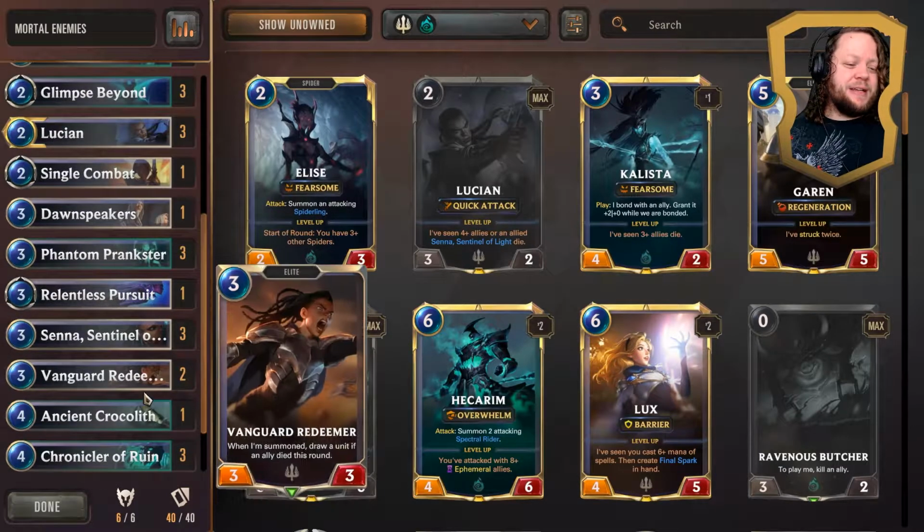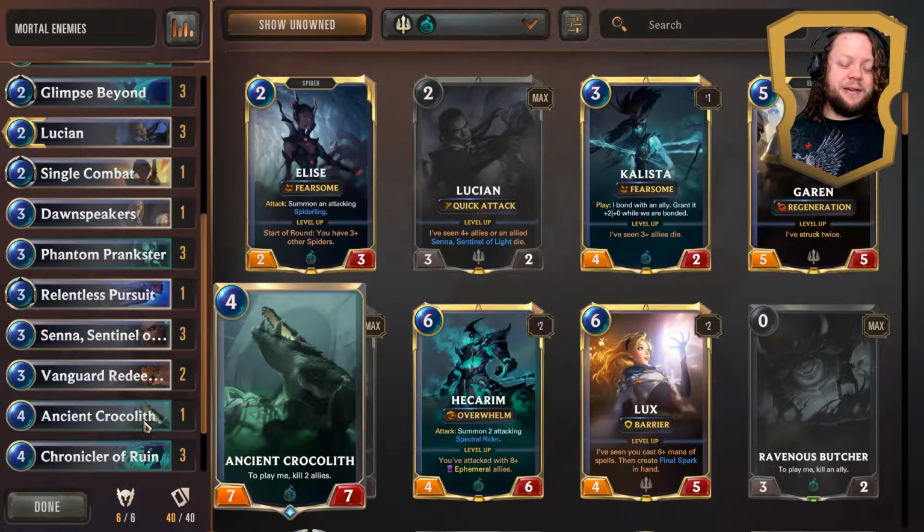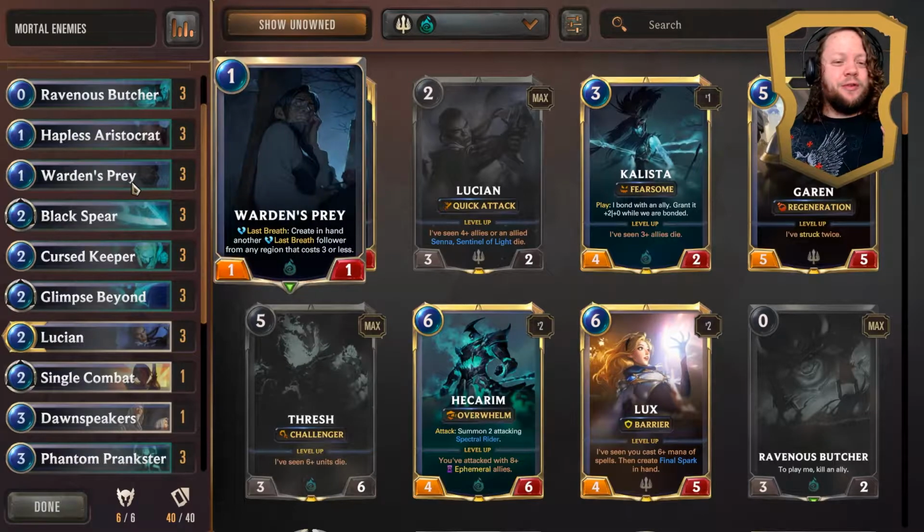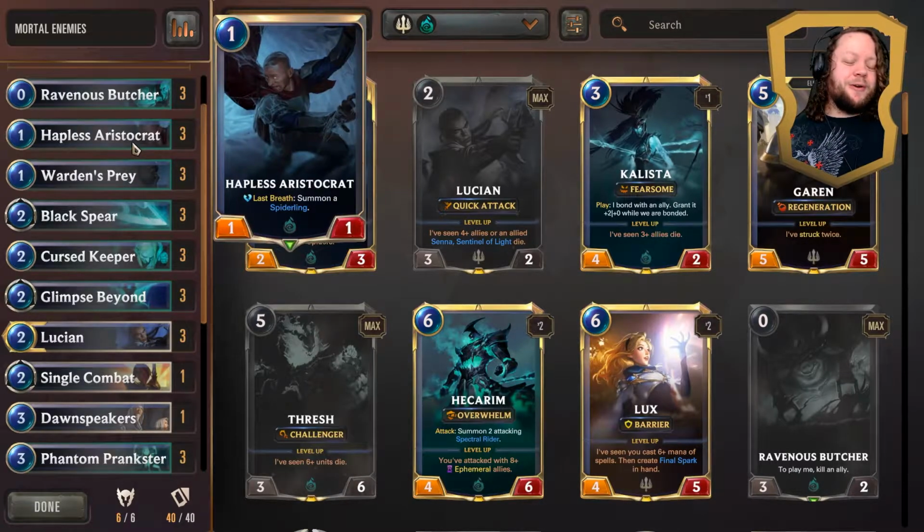And then I think the best example is probably the Ancient Crocolith here. To play me, kill 2 allies. I look at that card, and as a new player, you might go, whoa, wait a minute. So you want me to kill 2 creatures to get one really big one? That doesn't seem like a good deal. That's trading a card for a bigger creature. But the catch there is that death triggers are incredibly powerful, and you also have cards that you just want to kill,